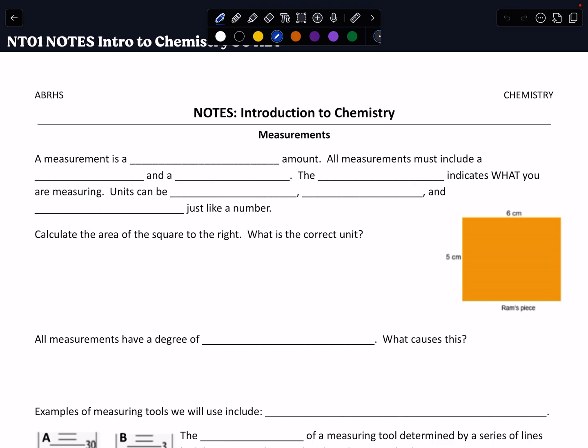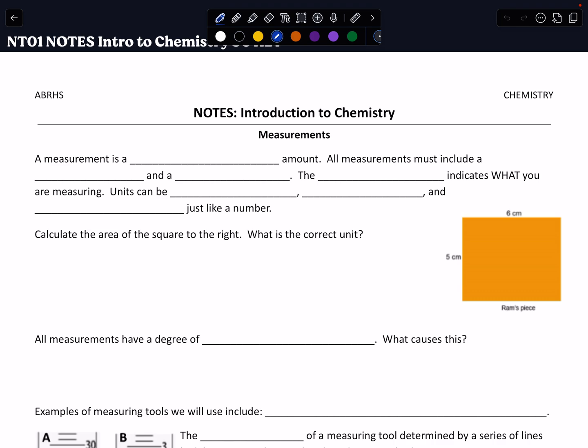This screencast is going to cover material from our first unit, Introduction to Chemistry, and specifically look at the topics of measurements, uncertainty in measurements, the metric system, and then conversions within the metric system. All right, so we're going to be using a guided notes worksheet that we'll be filling in as we go. If you miss class and you need to complete this portion of the notes packet, please have that handy so